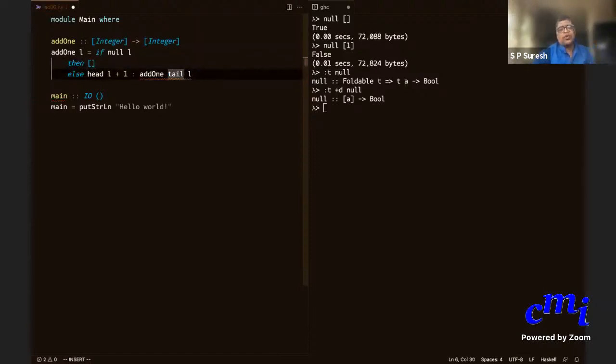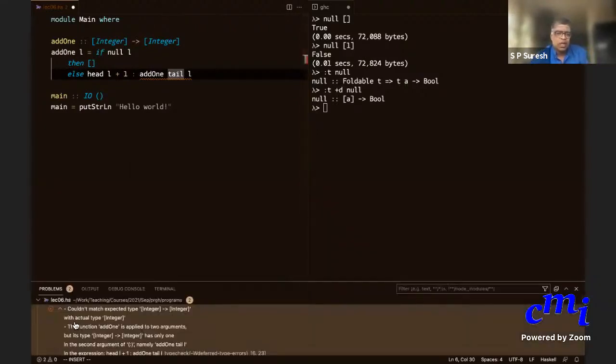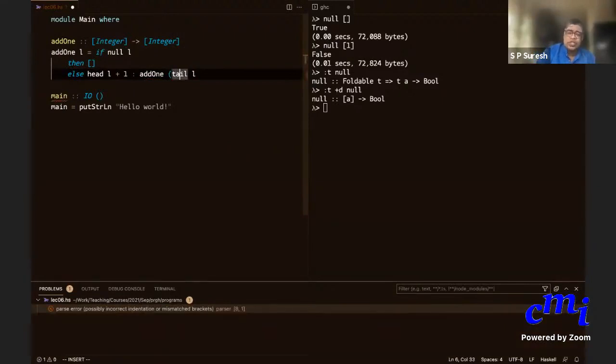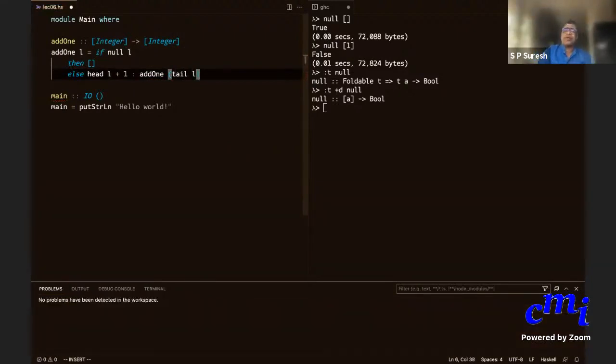Because if you do, it's like saying f of g of x, and f of g of x means f applied to g, and then the result applied to x. You see that here already it is suggesting that there is an error: couldn't match. So functions are not right associative. No, functions are left associative. Function application, unary functions, is left associative, and we went through this in lecture 2. So please go back and check. f applied to g applied to x is left associative.